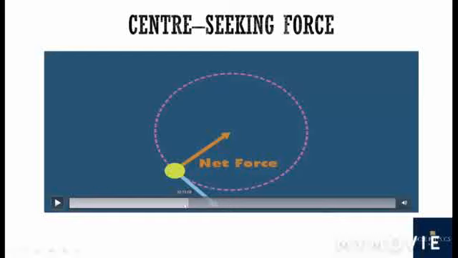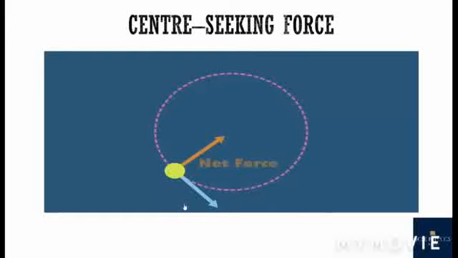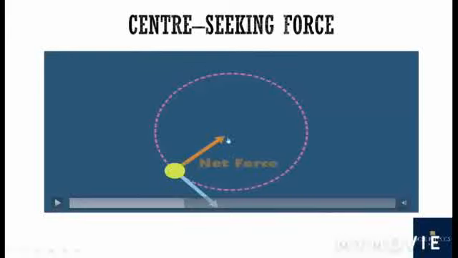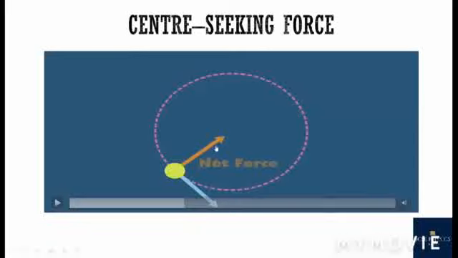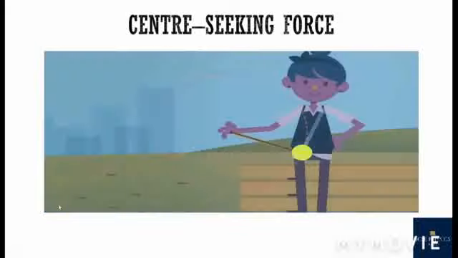The velocity changes, and since the velocity changes, there is an acceleration involved, and wherever an acceleration is involved, force is equal to mass into acceleration. So acceleration produced means there is a force, and here the force acts towards the center of the circular path. The force and the velocity are always perpendicular to each other, as you can see in this figure.